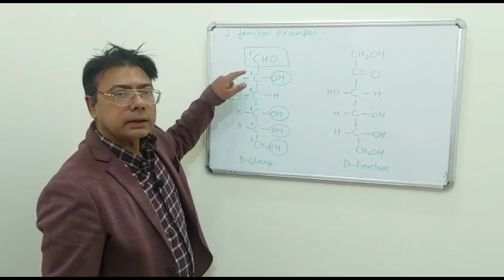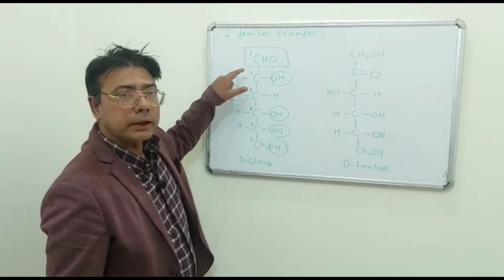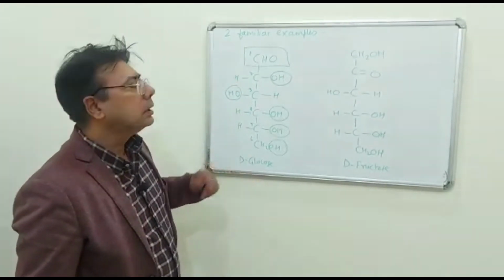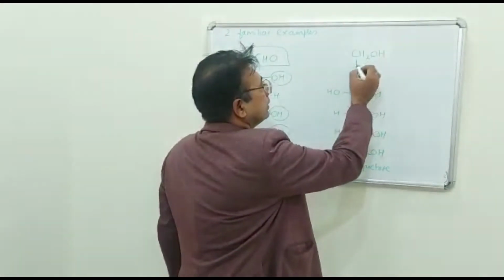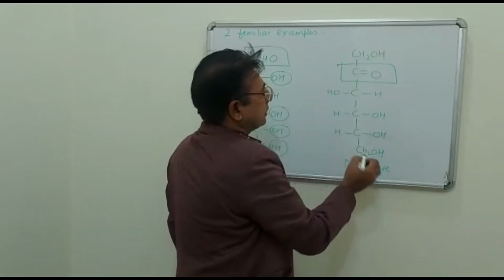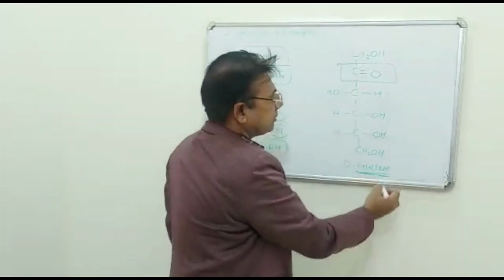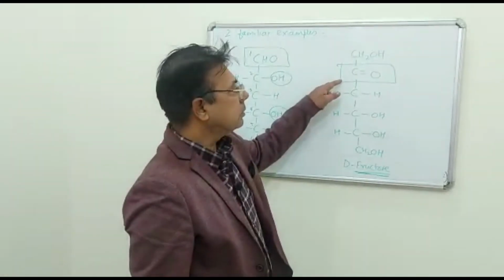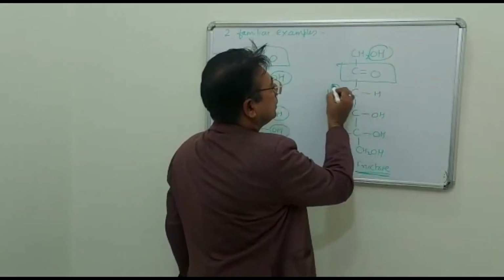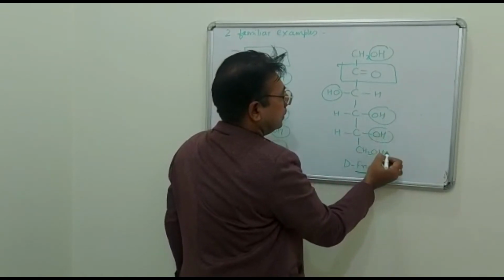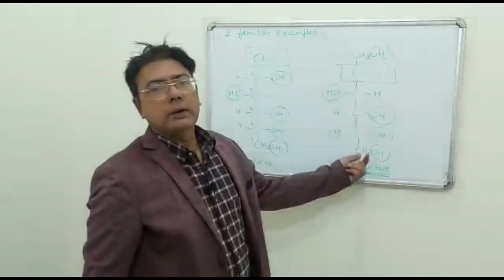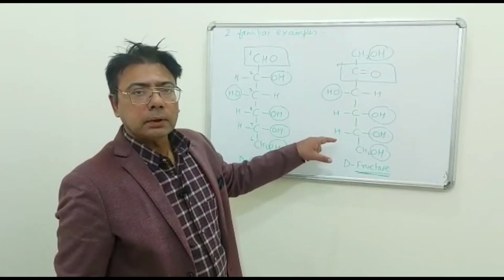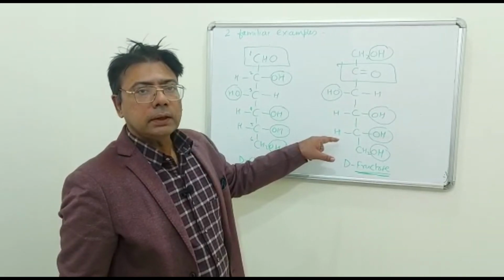So, this is another example of polyhydroxy aldehyde in which there is one aldehyde group along with 5 hydroxy groups. Similarly, here you see this is another famous molecule that you must be familiar with. This is D-fructose, in which you can see one ketone group along with 1, 2, 3, 4, 5 hydroxy groups. So, by definition this is a polyhydroxy ketone. So, this is a carbohydrate of the ketose series.